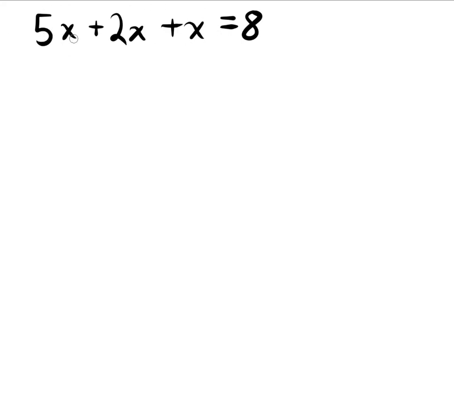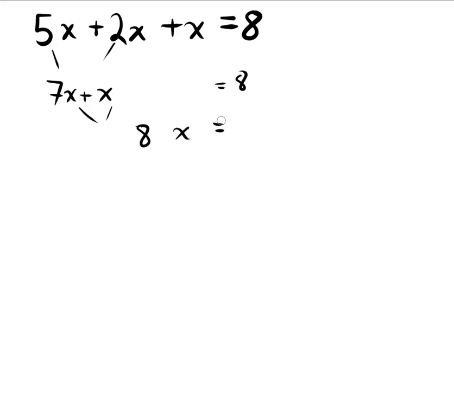This says I have 5 groups of x. This says I have 2 groups of x. And this says I have one group of x, basically, or just x, right? So I'm going to take my 5x and my 2x and combine them. I'm going to have 7 groups of x plus x, or 7x plus x. And that's going to be equal to 8, right? Basically what we have is 7x plus x. I'm going to put these together, and I end up getting 8x